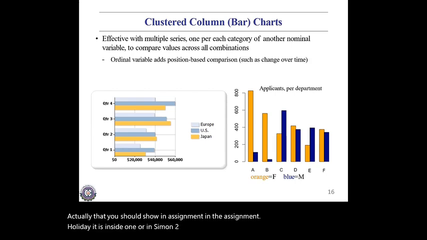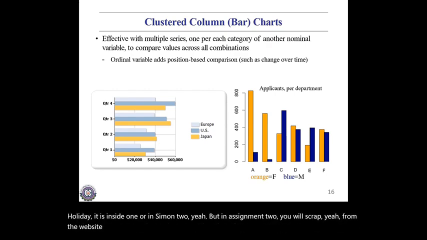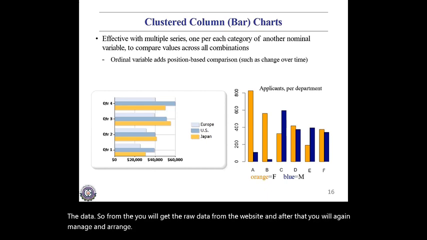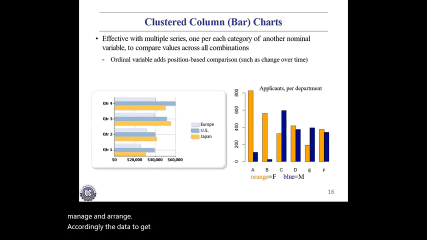But in assignment 2 you will scrape the data from the website. So you will get the raw data from the website, and after that you will again manage and arrange the data accordingly to get valuable information. So these are the examples of